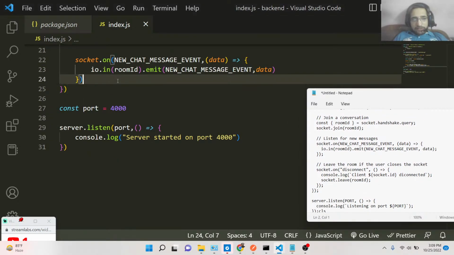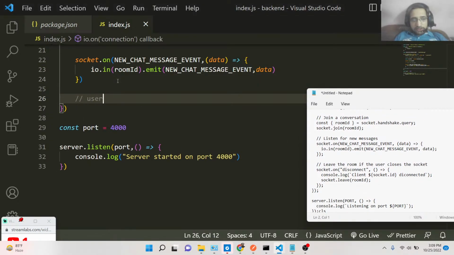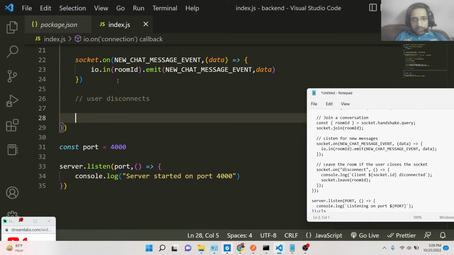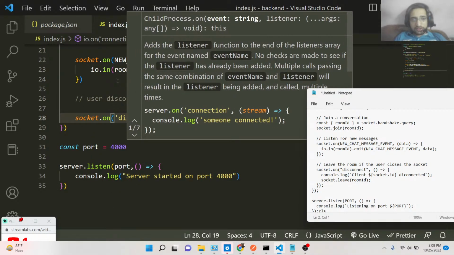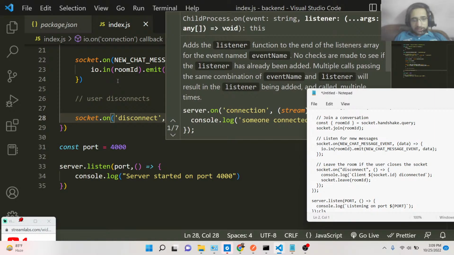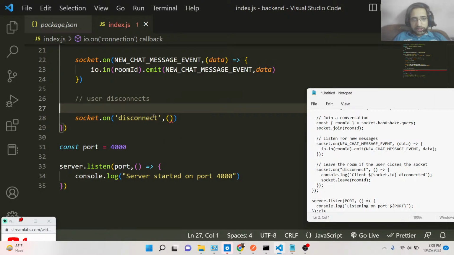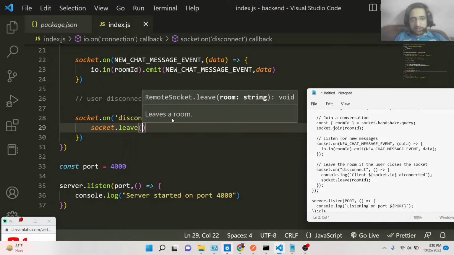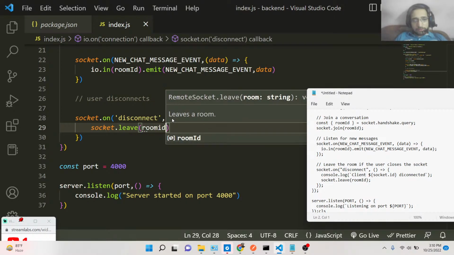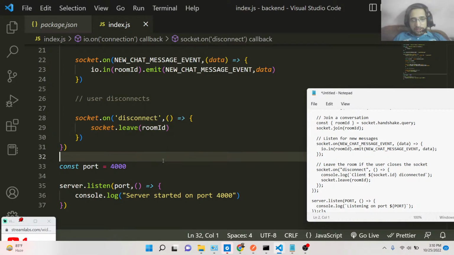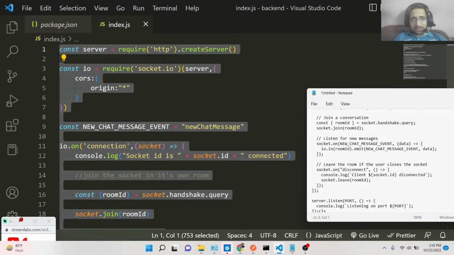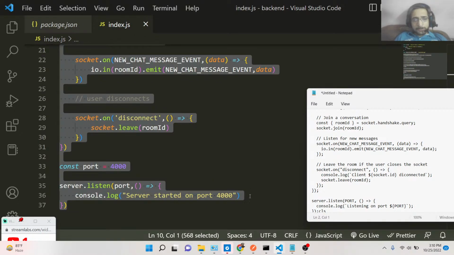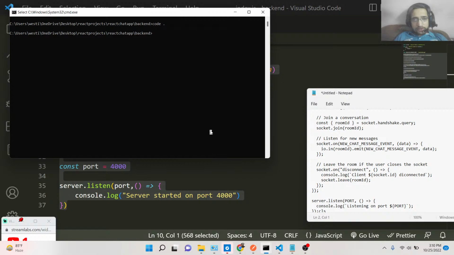And we also have an event, guys. Whenever the user disconnects from the chat, we have the event socket.on disconnect. This is a built-in event. So whenever the socket disconnects, this event will automatically fire, and we will have the method socket.leave, which simply leaves the room. Here we just need to pass the room ID. That's all, guys. This is all the backend server code. It's very easy. And now you can start your nodemon